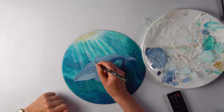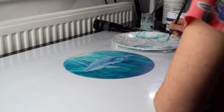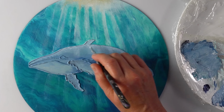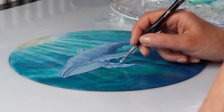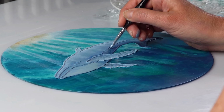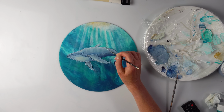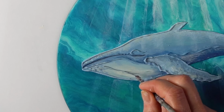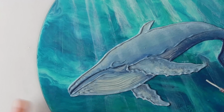The top has to be definitely lighter, much lighter, because of the sun coming. I do want some sun rays sort of shining off his body as well. Applying various layers will always create some more interesting outcome. Add a bit of this hue here. Buff titanium. Now once we've got the darker lines, I think it would be nice to add a little bit